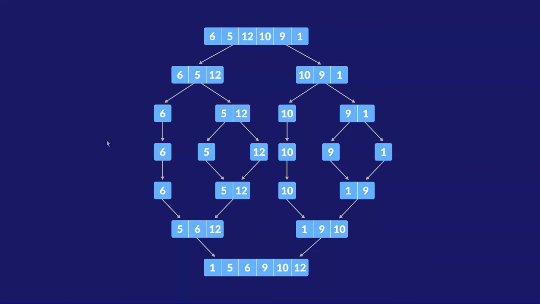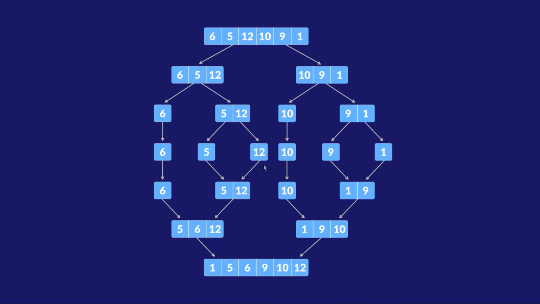Once we divide the entire array into subgroups such that each group has a single element, now we can combine them, and this is where the combine part starts. So what we do is, we take two elements, and since there are six elements here, it's not really possible to take two at every place. We'll have to leave some of them here. So let's leave 6 here and let's take 5 and 12.